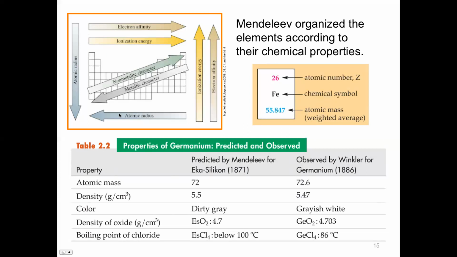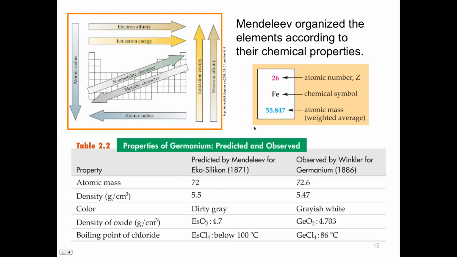And in terms of what kinds of properties, you won't understand all of these yet. Some of these we'll talk about later on in the course, but electron affinity and ionization energy increase from left to right. Metallic character: the most metallic are down here in the bottom left corner, and the least metallic are in the upper right corner. And atomic radius, this is the actual radius of the atom, we'll talk about this later, increases this way. So he was able to see these.